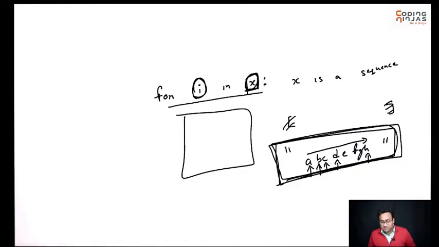Okay, perfect. So first let's try to do something for a string. Let's try to run this for loop for a string, and then we will start looking at all the while loops that we have used so far. We have used them for numbers. We had I is equal to 1, we wanted I to go till 10 or 15, so we were using a while loop for that. So we will see how to use a for loop with numbers. Okay, for now, let's start with running this on a string.